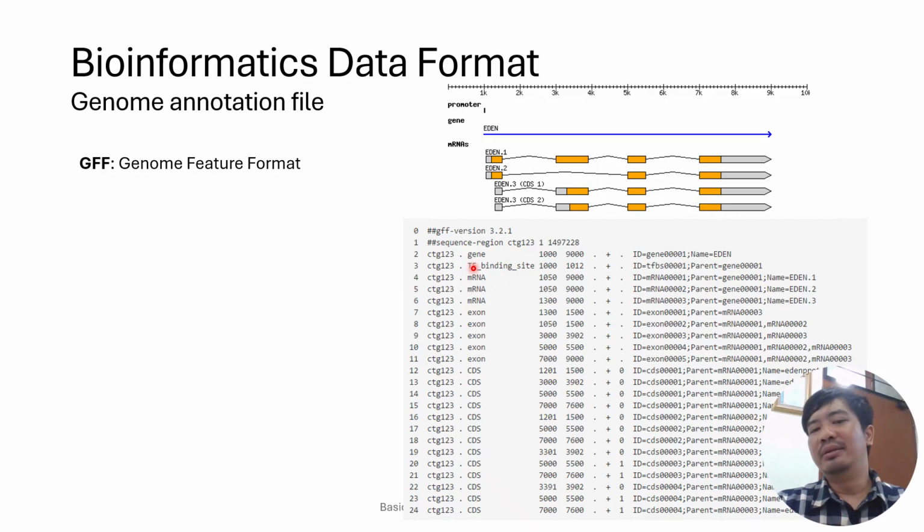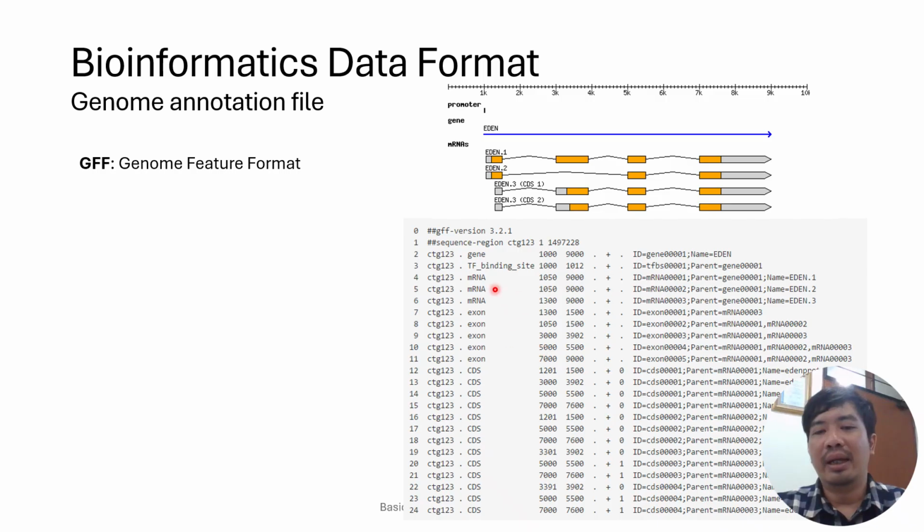especially in genome annotation. For example, we have this chromosome. We store the sequence in another file called FASTA, so we only have the coordinates. So we put the annotation something like this: gene, mRNA, and then CDS. Visually, maybe on Geneious, it looks something like this. But how it's actually stored in the file is like this, using the GFF3 format.